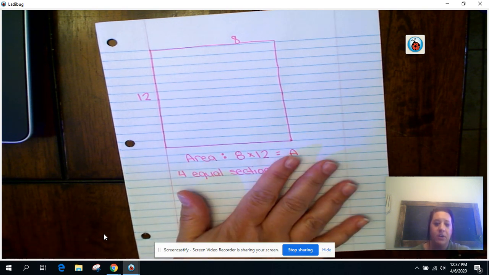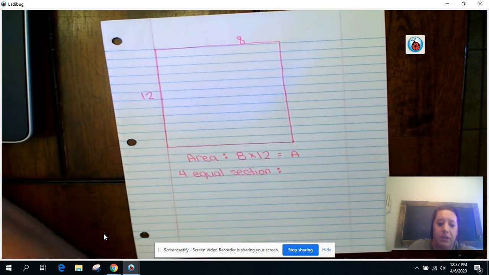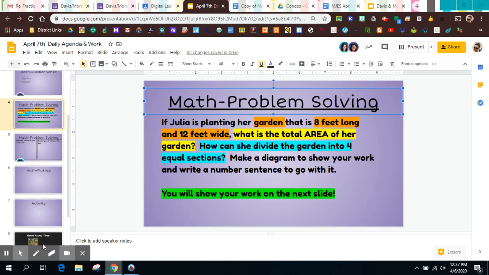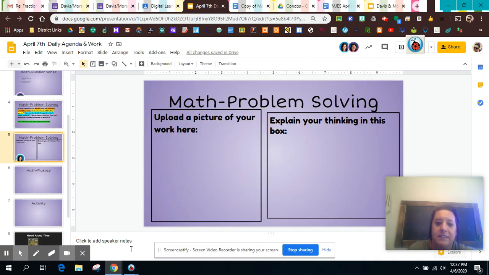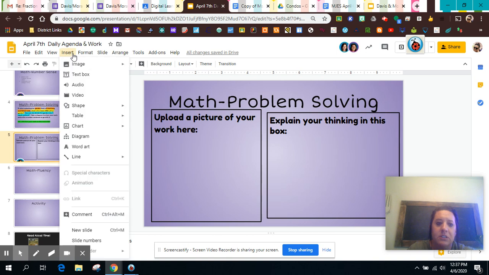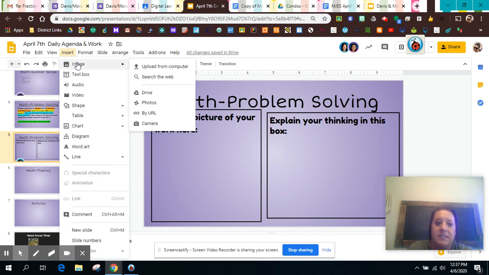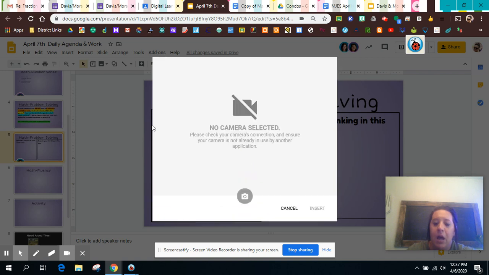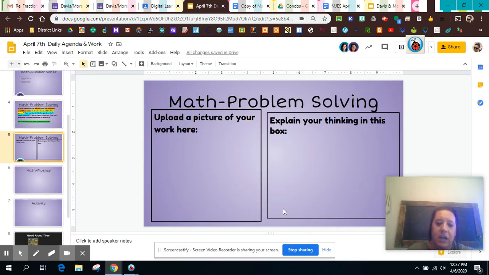Once you have it solved on your problem or on your paper, you are going to come back over here, and on the second slide, you will see where it says upload my work here. And you can just go up here to insert, and where it says image, you're going to let that drop down, and then you're going to go all the way down to the camera, click on the camera box. It will come up. You can take a picture. It's not letting me because I have my camera working already on this video, but yours, you will actually see your camera there. After you have uploaded your picture here, I would like you then to come over into the